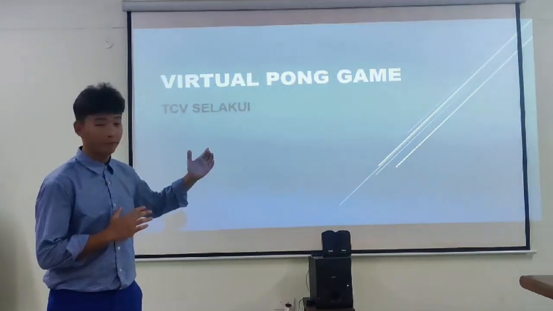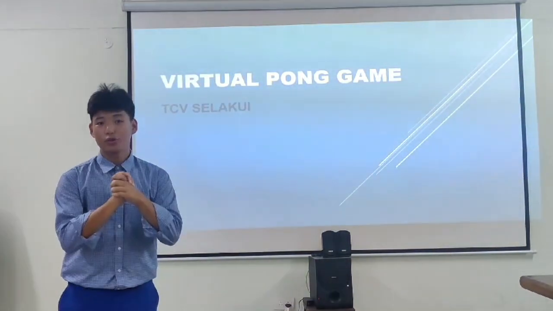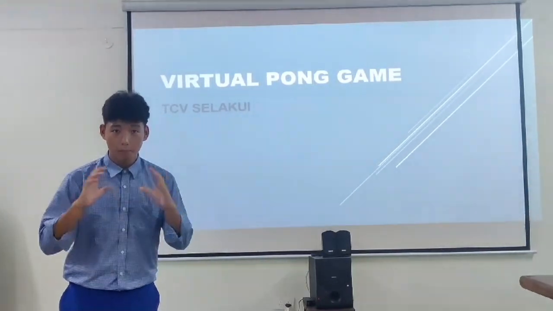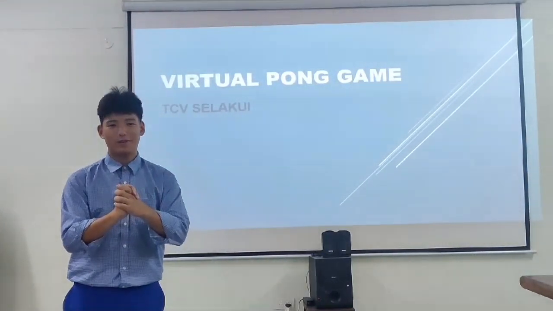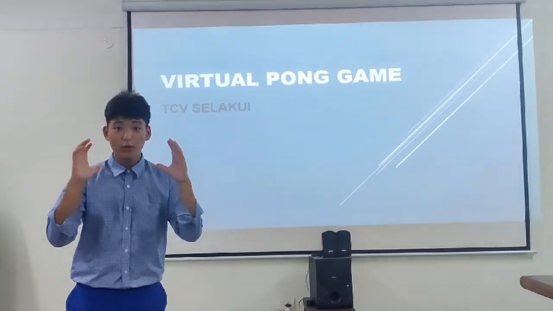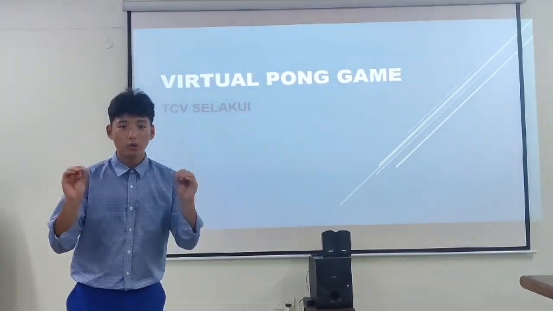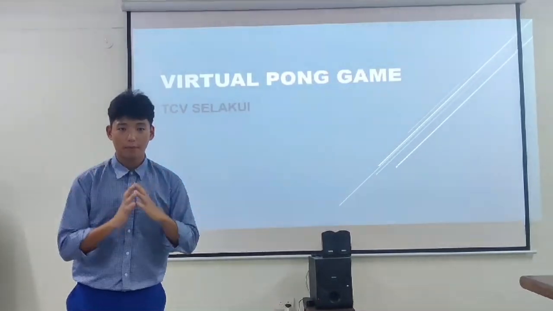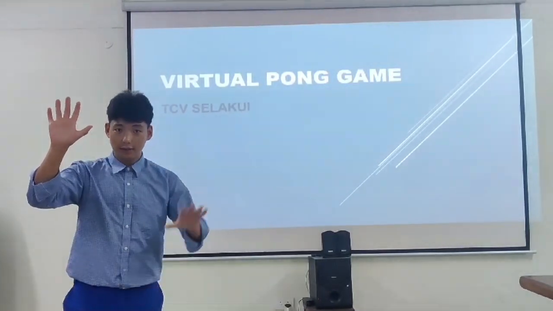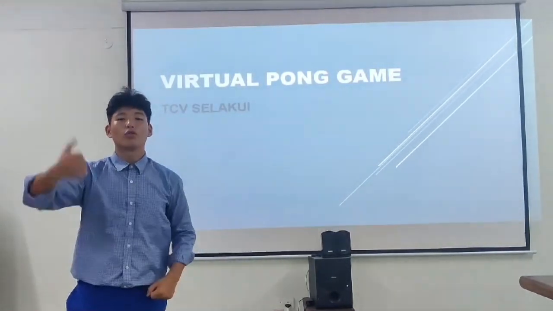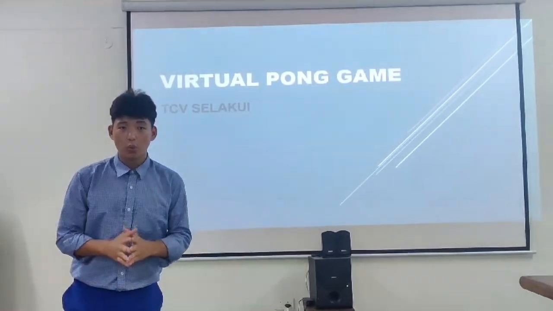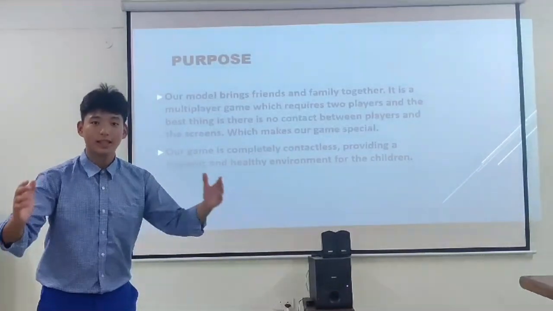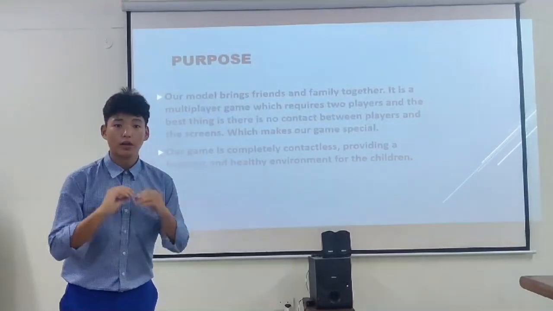So the virtual Pong game is just a normal Pong game, but we have added a new feature. The new feature is that we don't use the traditional method to control the bats of the game. We use our hands, physically, to control the bats. Our prime purpose is to provide a unique and innovative feature to the gamers, and most importantly, with this